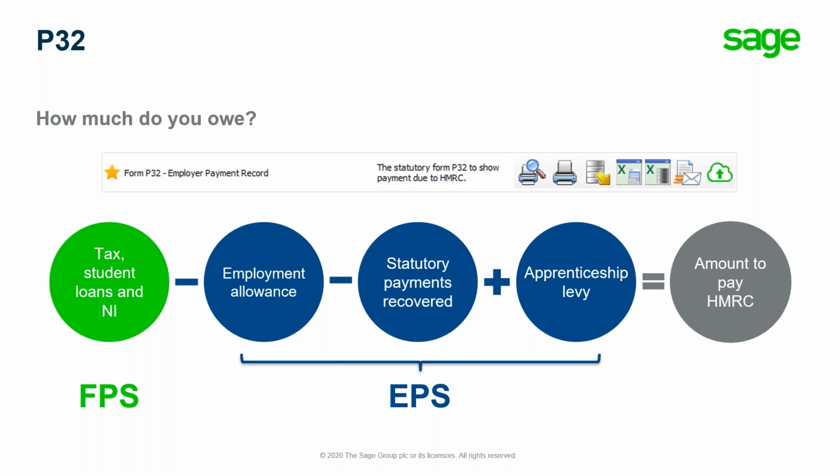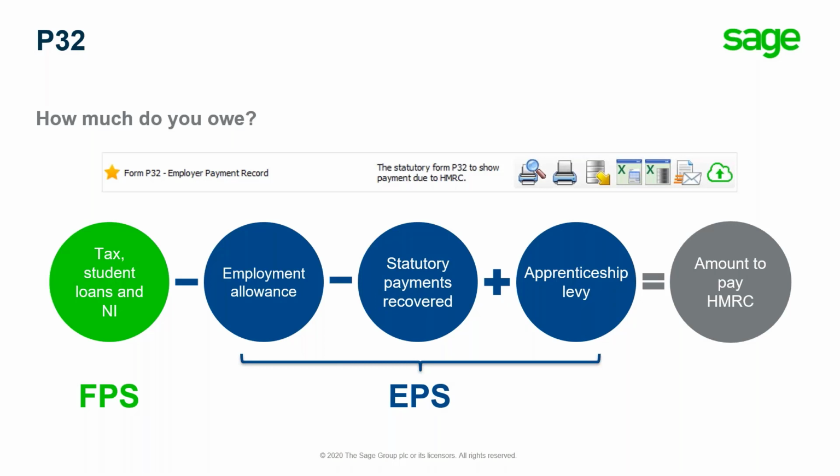So most of the items, the tax, student loan, and NI, is submitted as part of your FPS. So that's how HMRC get the information to work out your liability. But there are some things that require another submission. That's employment allowance, apprenticeship levy, and statutory payments recovered. And that is submitted as an EPS